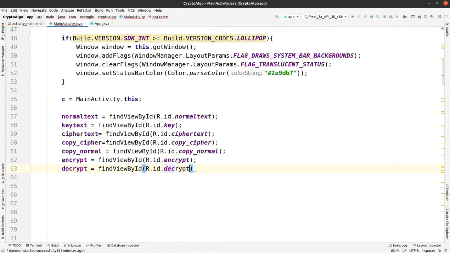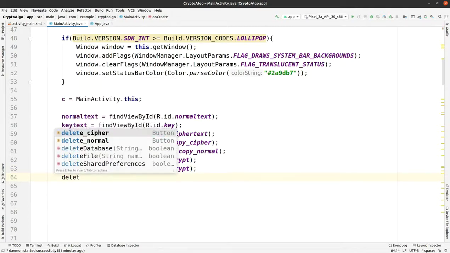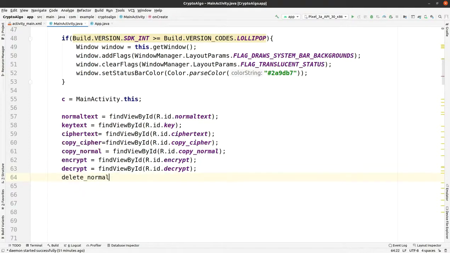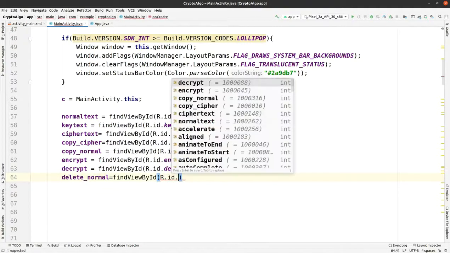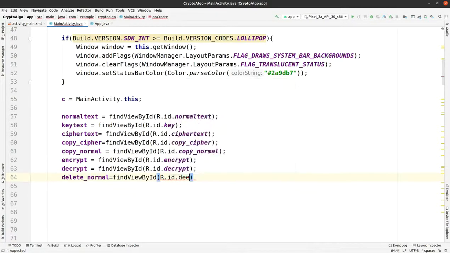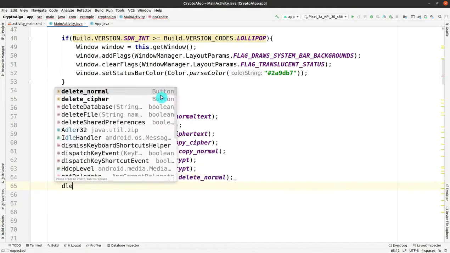Okay, fine. Then delete cipher and delete normal. So first of all we are mapping the delete normal, r.id.delete normal. Okay, it will come up in the suggestions. And then delete cipher, the last one.